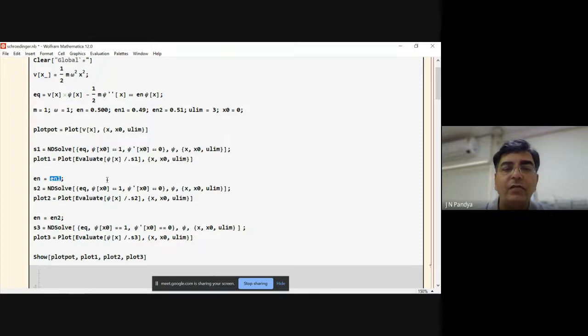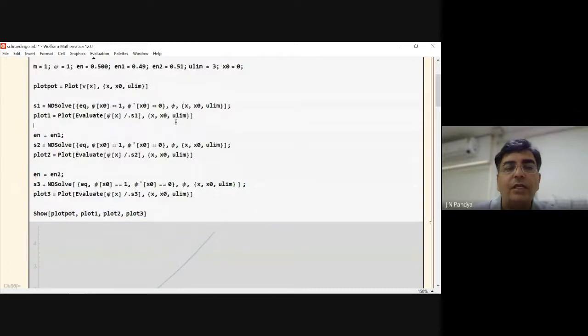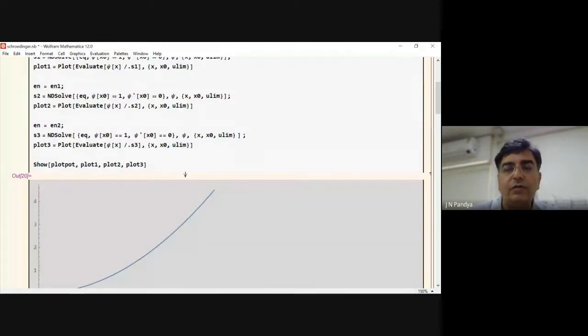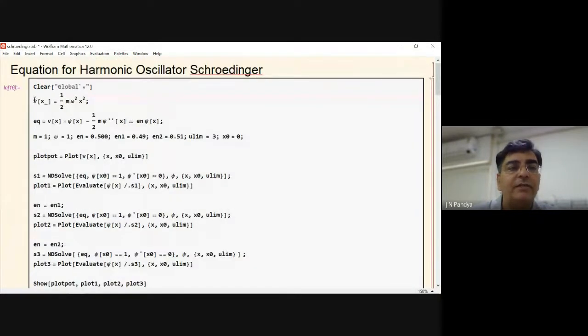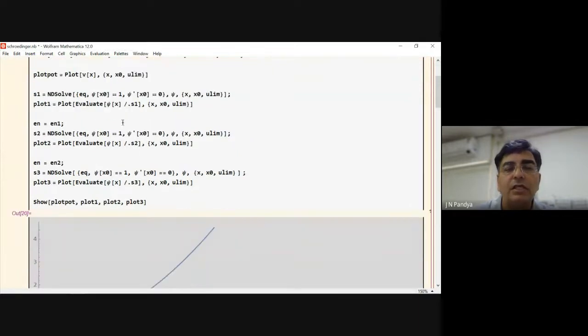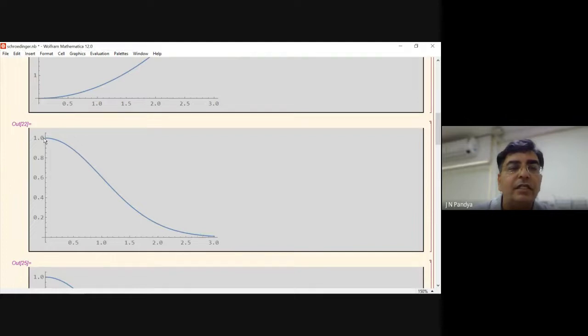And that En1 means now it will be giving you output which is a little different. For example, let us run this thing again. It will not be blurred then. This is simply the potential, nothing else. The potential that you have defined here, which is the harmonic oscillator potential, is plotted here, right? This is the solution. This is the psi value for the given potential.